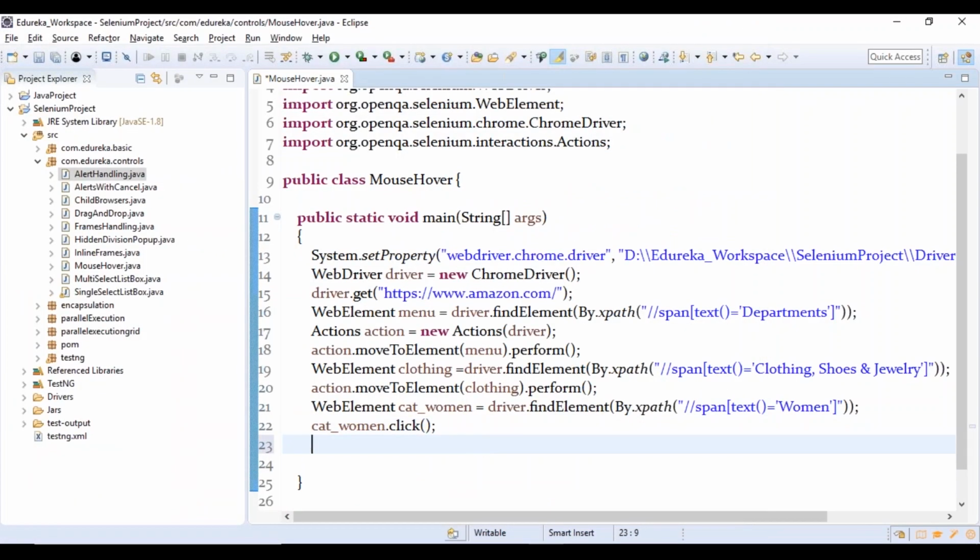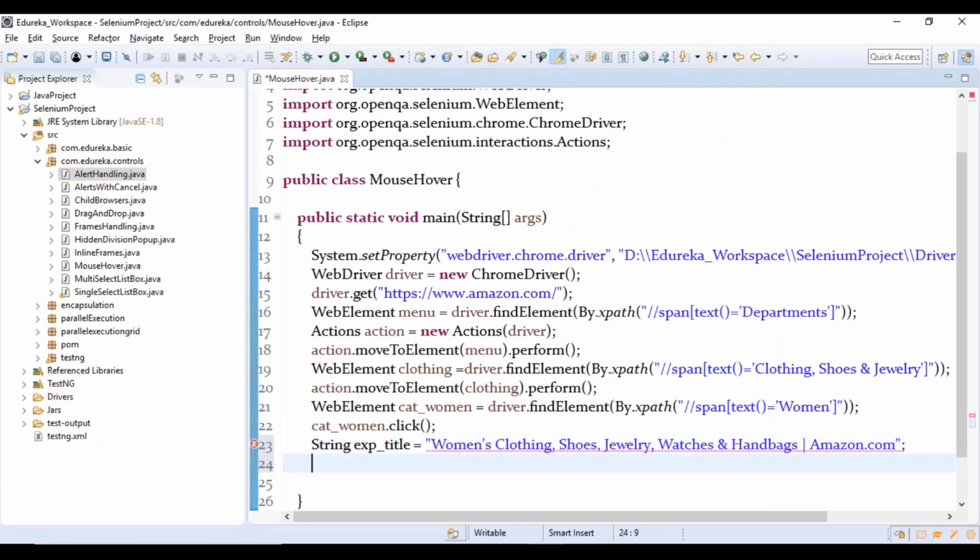I say String expectedTitle is equal to, and I'll paste it here. Now I'm going to capture this: String actualTitle is equal to driver.getTitle, right? So this is done.